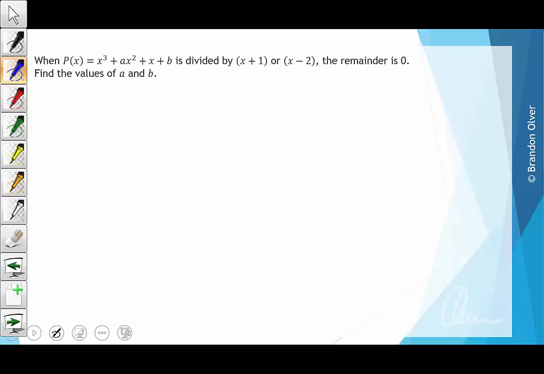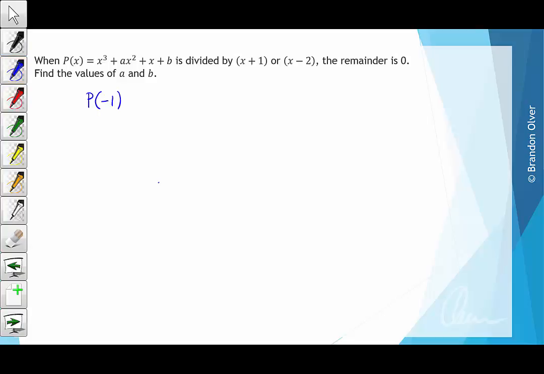When the polynomial p of x, which equals x cubed plus ax squared plus x plus b, is divided by x plus 1 or x minus 2, the remainder is 0. We need to find the values of a and b such that this is true. So if we divide a polynomial by x plus 1, that's the same as evaluating it at the value -1,